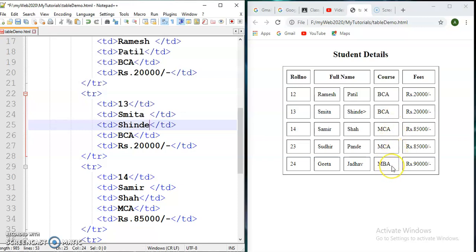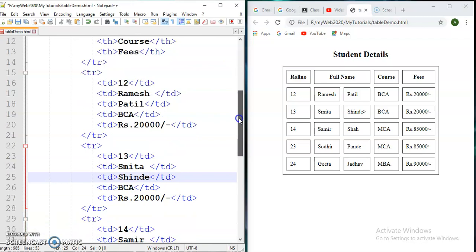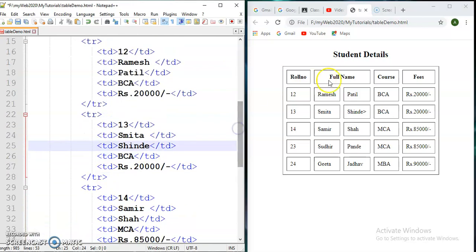Here the MBA record is only one, so I am not merging this, but I want to merge this MCA and this BCA data by using rowspan or row merging. So where is this BCA? Find out in which TD there is BCA. I want only one BCA and I don't want this another BCA.